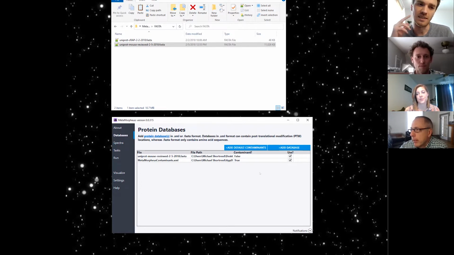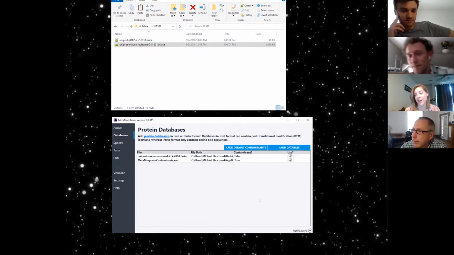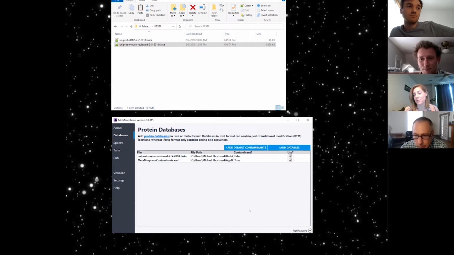An example of a PTM on a contaminant is methylated trypsin, because trypsin manufacturers methylate their trypsin so it won't auto digest. Our contaminants database will help you look for those things if you want. It also has some of the components of cell culture media that can get carried along, like bovine serum albumin, to look for in case you don't fully wash everything off of your cells before